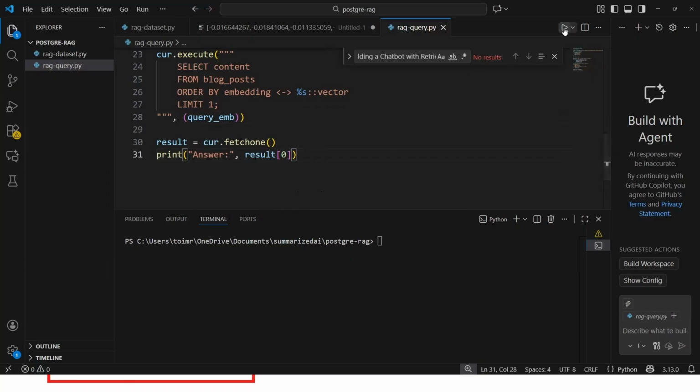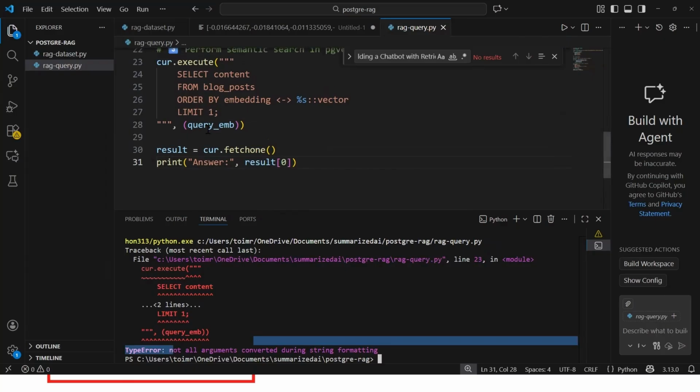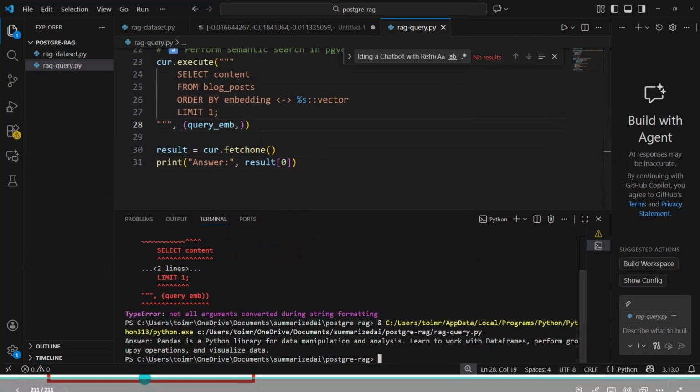Now let's try to execute this code here. So it is throwing an error. It says line 23, not all arguments converted during string formatting. Okay, great. So this comma is missing here. Great. Now if I try to execute, we got the output and it says answer: Conda is the Python